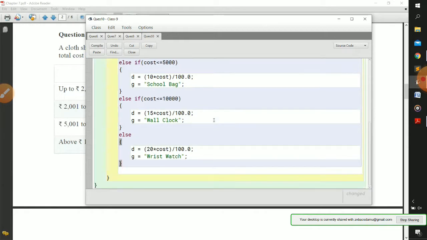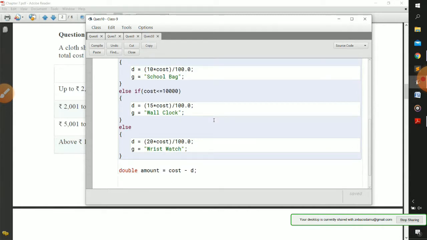Now what you need to do? You need to find out the amount, right? So double amount equal to your cost minus discount. Okay, now outputs we need to give, so that is why